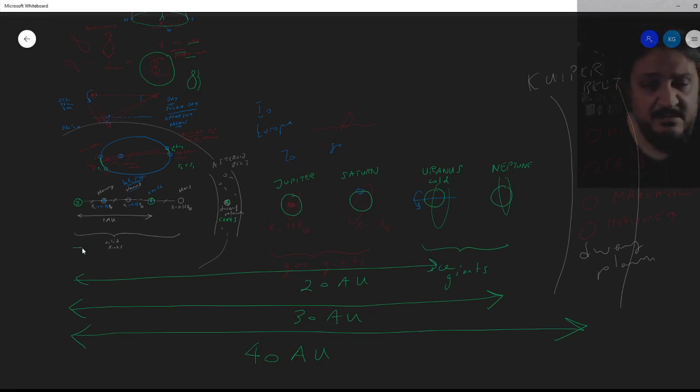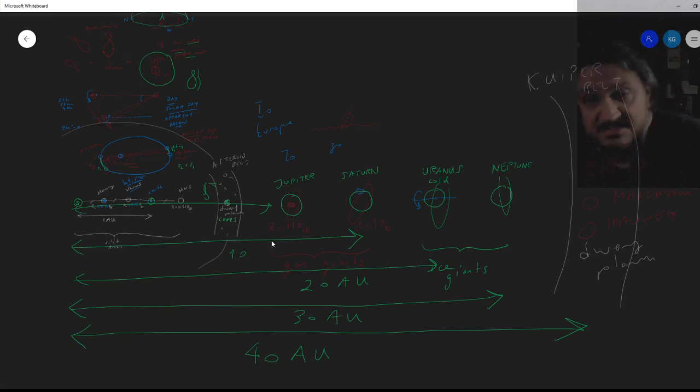And when you go to Saturn, it's 9 or 10, let's say roughly 10. And then between the sun and Jupiter, it's roughly 5. Okay, I mean the 5 and 10 are not exact, but 20, 30, and 40 are closer. That's the scale we have. So the outer planets are not just large, but they're also really far from the sun. And we can easily calculate how long a year is on Uranus or Neptune just by the distance from the sun, according to Kepler's laws and Newton's law of gravity.